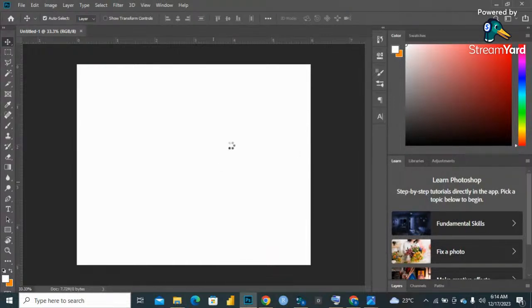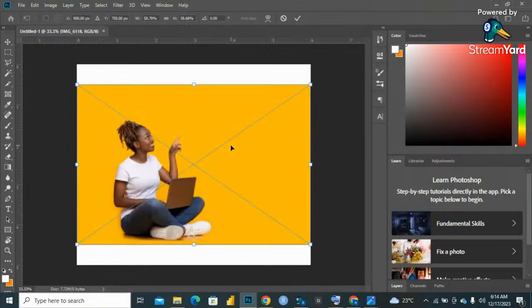So it's going to come up now. It's loading. It depends on how fast your system is. My system is slow, so yours might be fast, but in seconds it will come up straight. Now you can see it's coming out with this white box here. That white box is showing